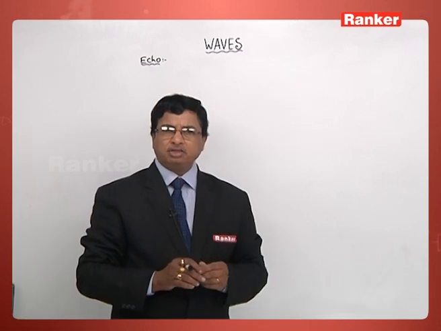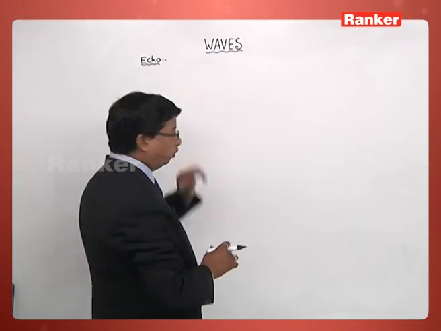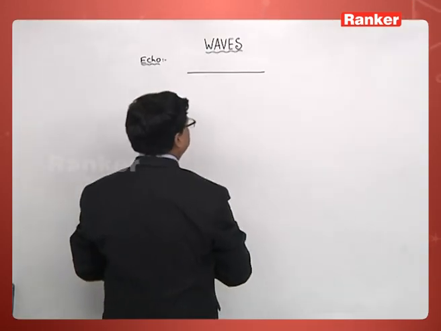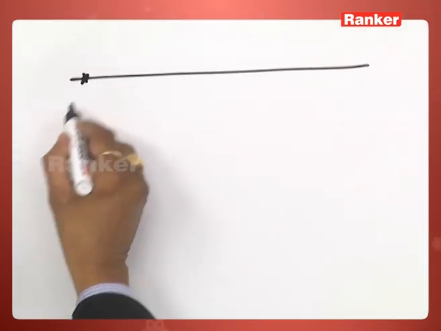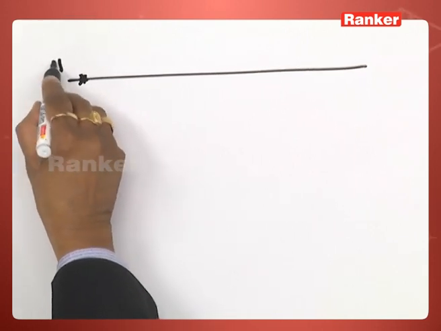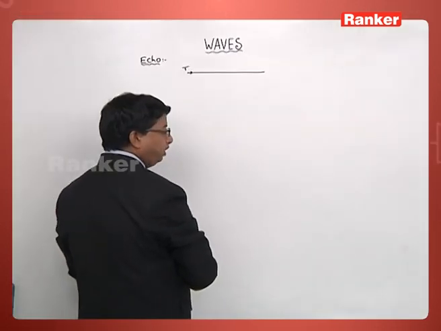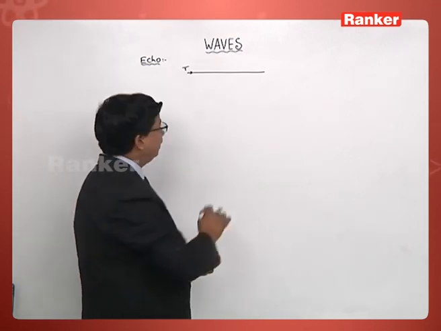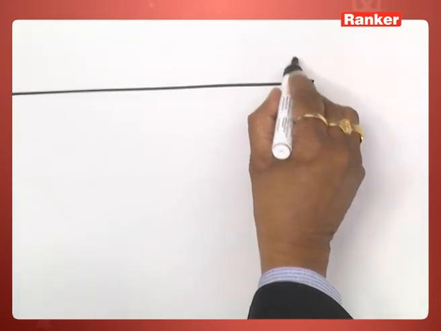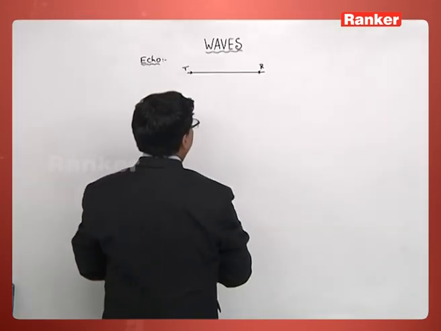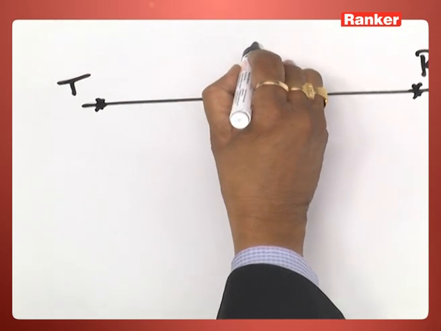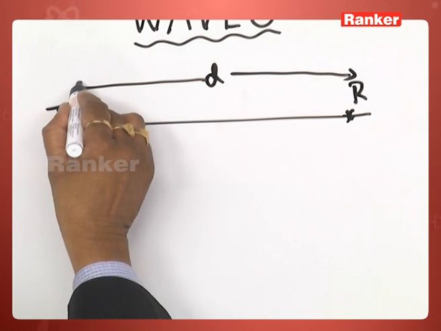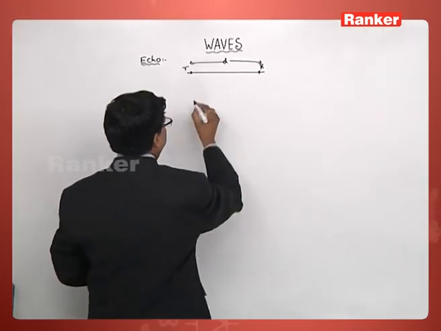One of the better examples for that, when I consider this echo, what we used to have here, this is the surface of the sea. Now there is a transmitter over here. Transmitter for what? Transmitting the waves, which are of course sound waves. And here we will be having a receiver. And the distance between these two, say, is taken as d. One is a transmitter, one is a receiver.